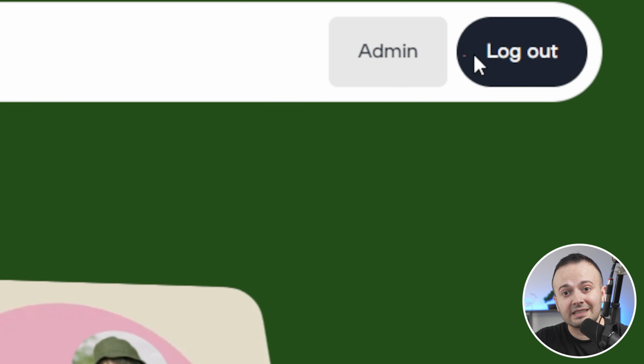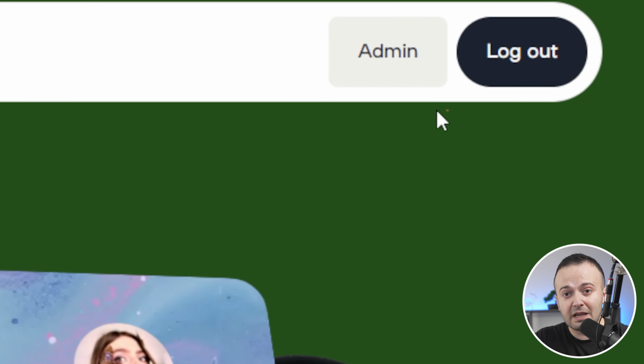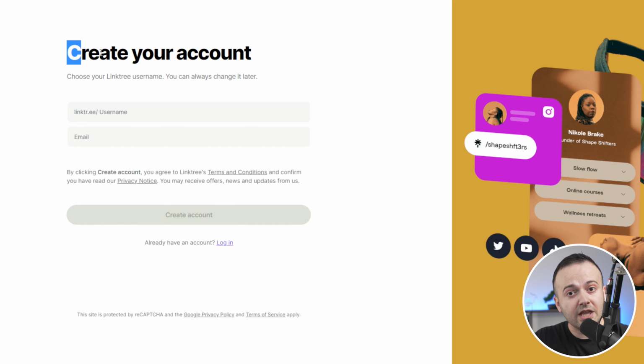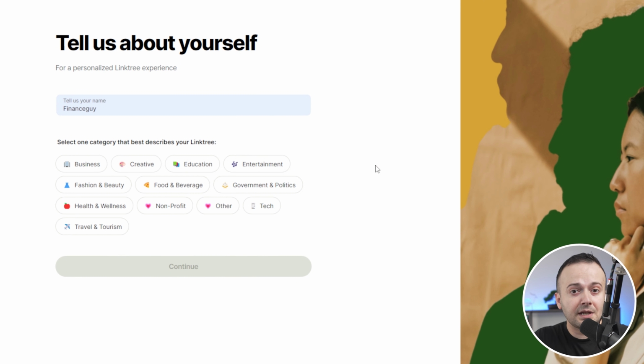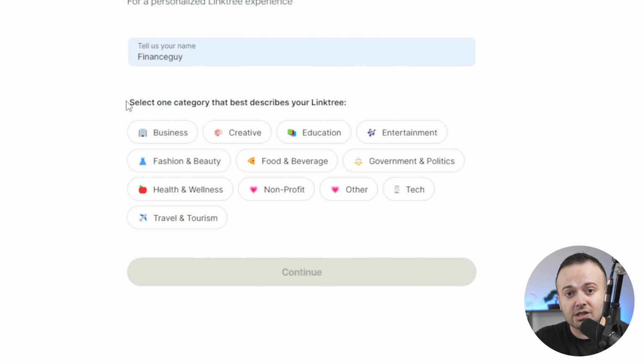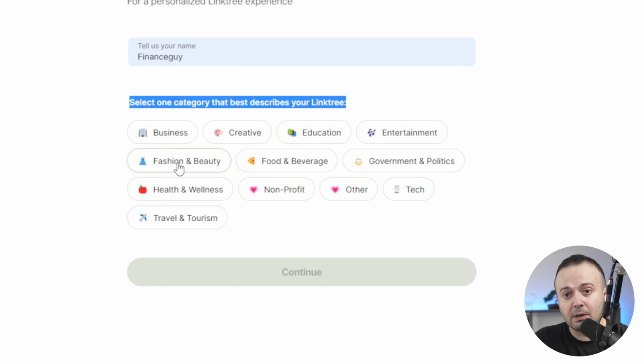I'm already logged in, so it doesn't ask me to sign up, but you will see the register button when you try to register. Create your own account on the next page by choosing a username that hasn't been used yet and submitting a valid email address below. And on the next page, select a category that best describes your Linktree business from the list below. You can choose categories such as business, creative, education, entertainment, fashion and beauty, food, politics, health and wellness, non-profits, technology,